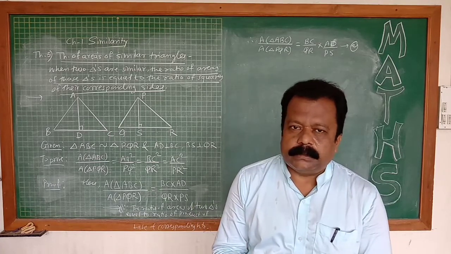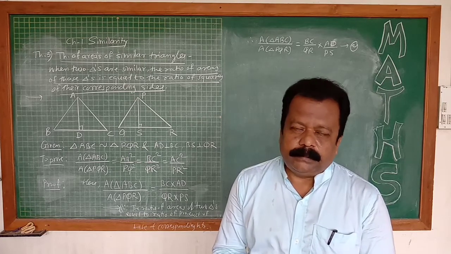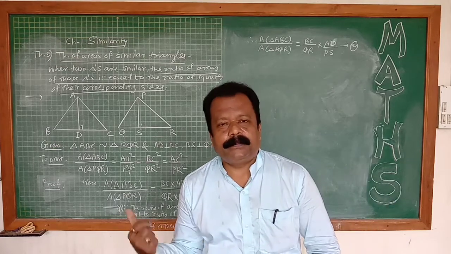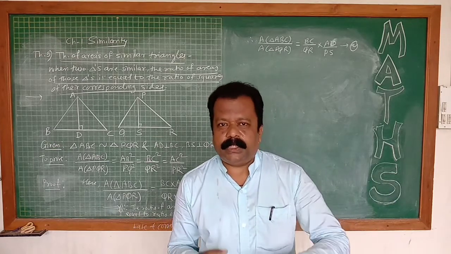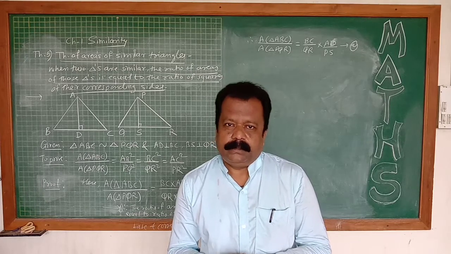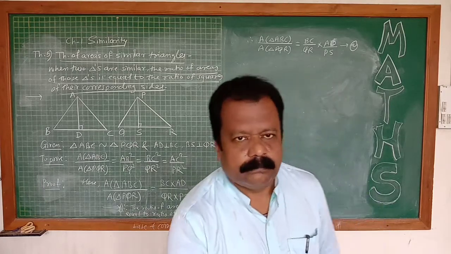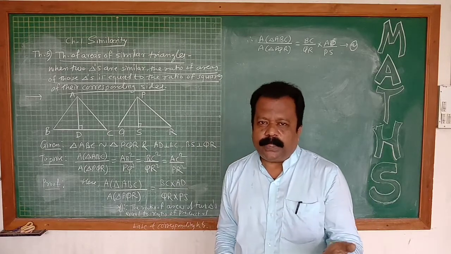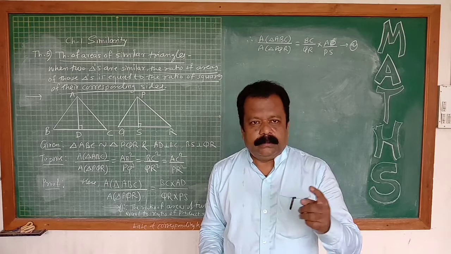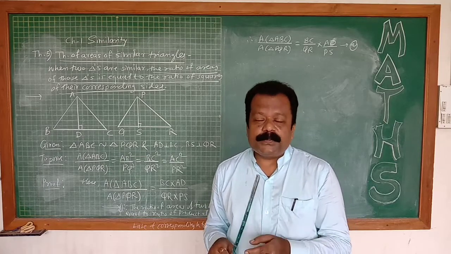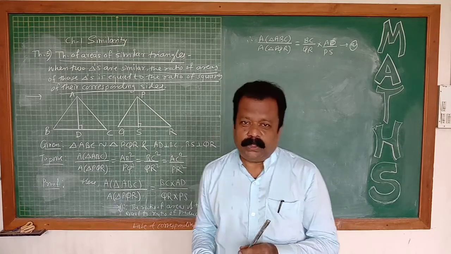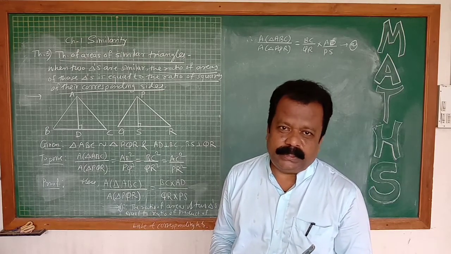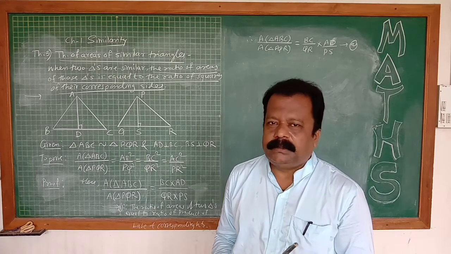Now let us study chapter number 1, Similarity. From that, the last theorem, theorem number 8, the theorem of areas of two similar triangles. In that, given similar triangles, you know how to find area and how to identify similar triangles. Now you know a little about triangles, how to show two triangles are similar to each other, properties, and all the basic